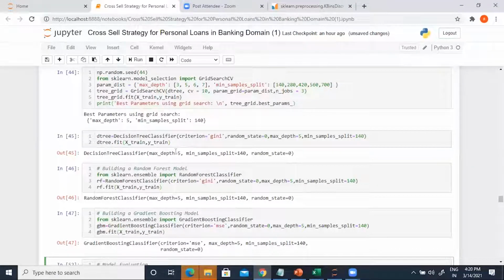Okay, you want to make sure that your parameters are comparable, only then can the outcomes be comparable, because at the end of the day we are trying to see which algorithm is going to give us the best strategic advantage in our decision making with regards to the next phase of the campaign, right? So we must be able to create comparable outputs. Now if you want to create comparable outputs, you must make sure that your parameters are on the same page. Because if you see the code right now, the only difference between the decision tree and the RF model is the algorithm. The rest of the parameters are the same.